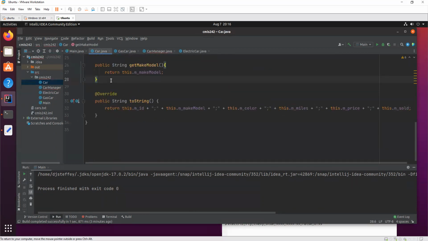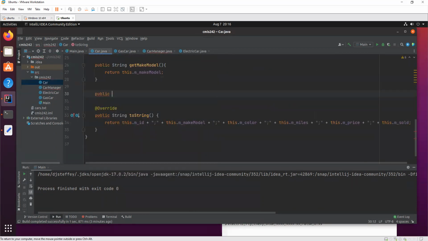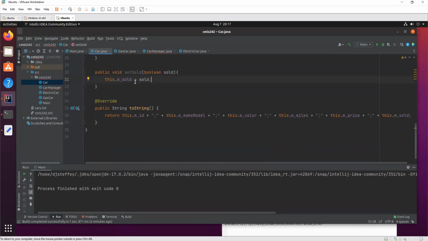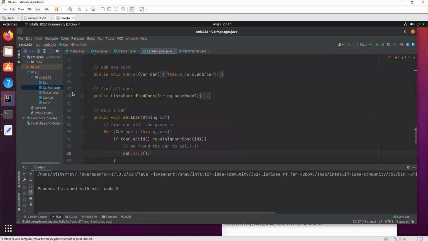So let's just make a new method, set the sold variable to true or false. So now we can control if that car is marked sold or not, right? If we do set sold with true, it means that the car is sold. If we do set sold with false, it means the car is not sold.